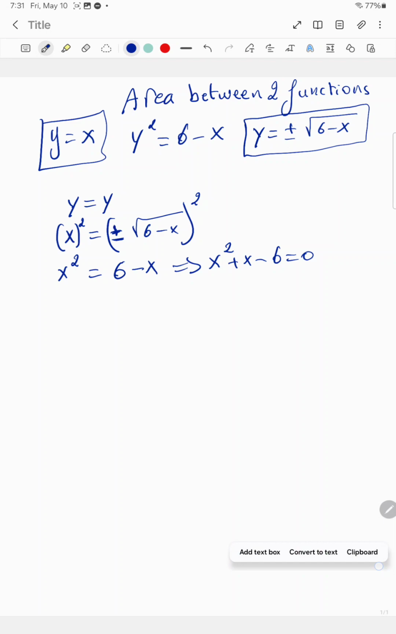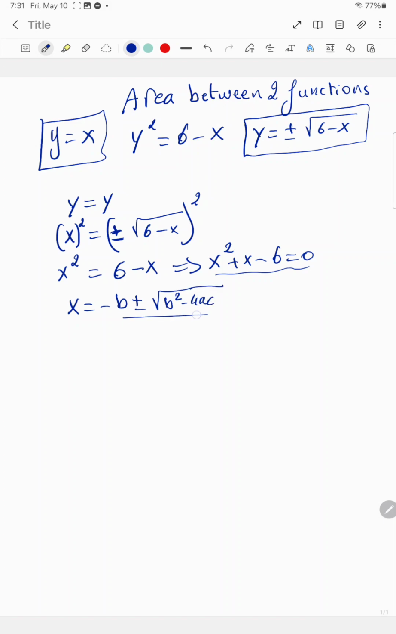And if I want to find the common point, I would put the solution for that function, which is x equal minus b plus or minus square root of b squared minus 4ac divided by 2a. It's a formula that you studied before. And in my case, my a is equal 1, my b is equal 1, and my c is equal to minus 6. So x is equal minus 1 plus or minus square root of 1 squared